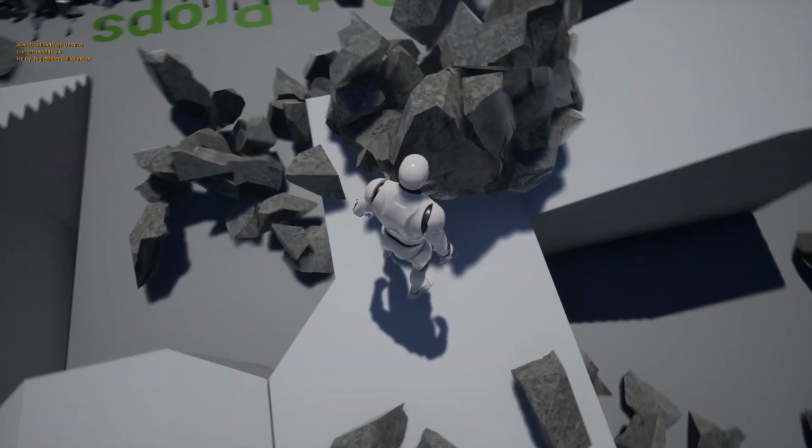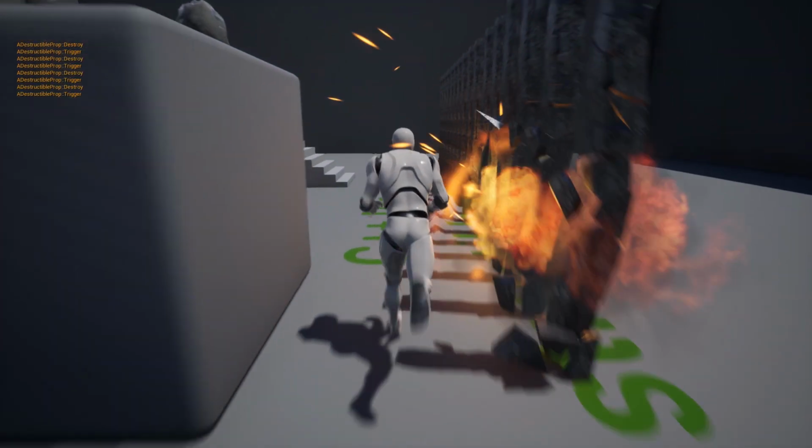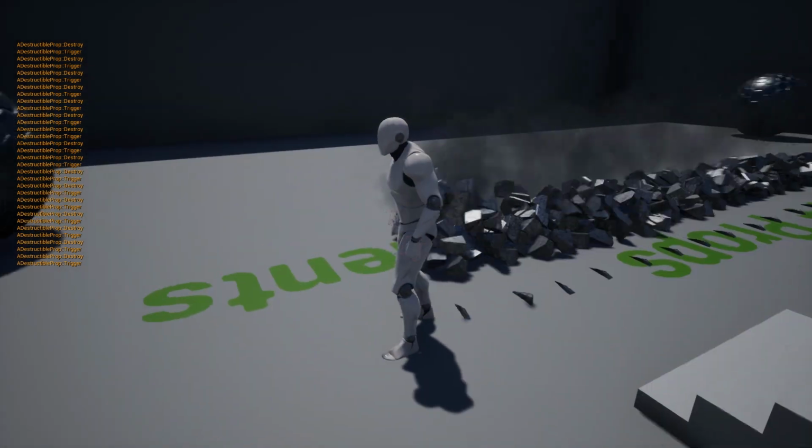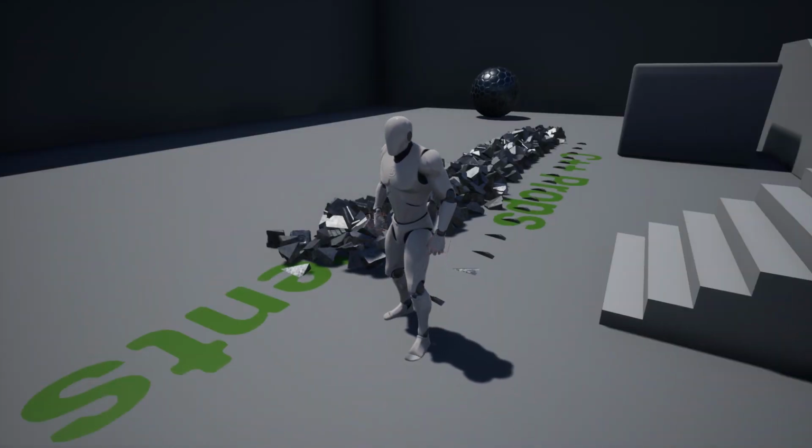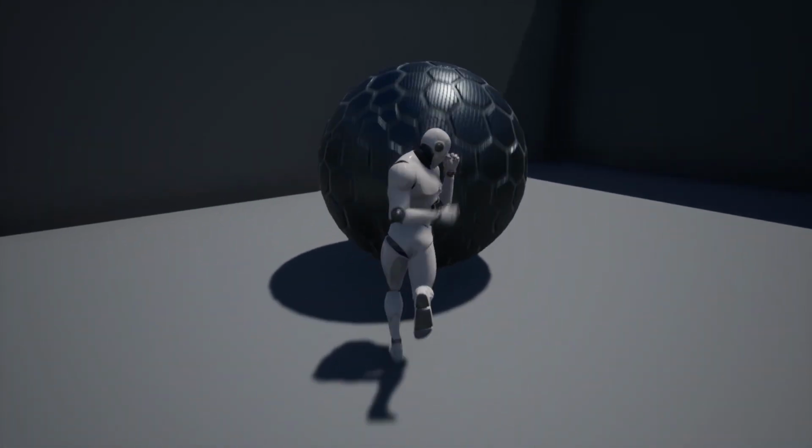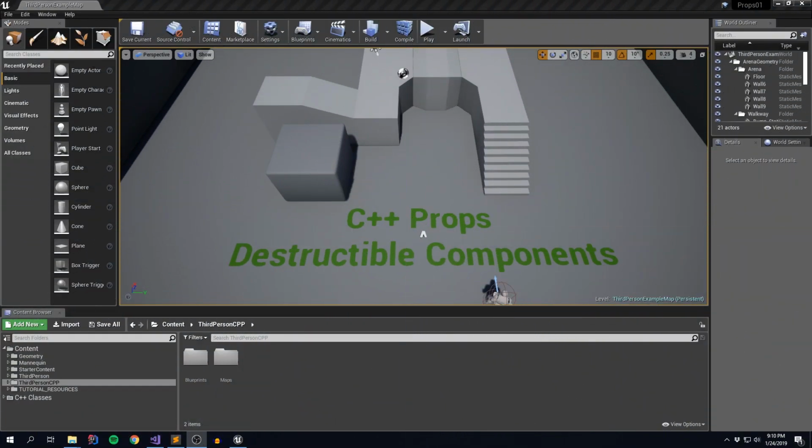And then lastly, we're also going to look at creating triggers. So when we run by specific objects, they blow up without user intervention. So let's get started. Alright, so before we go ahead and create our destructible mesh, the first thing we have